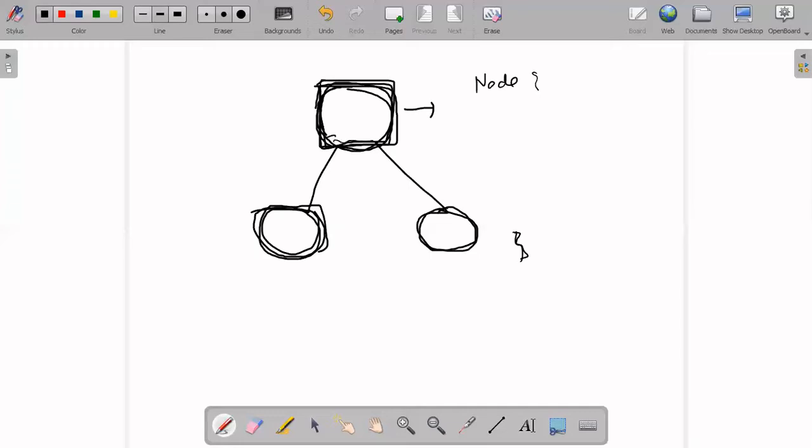This node class will have some member variables and some member methods, right? So what all variables do you want to have in this node class? One thing, I want to have some data, right? We call it element, and obviously we are using the generic class. So if I am passing E, this element can be anything: object, integer, float, double, anything. So I will have one element.